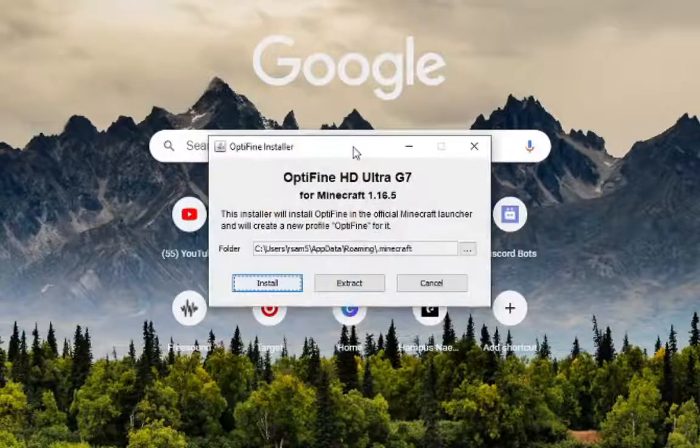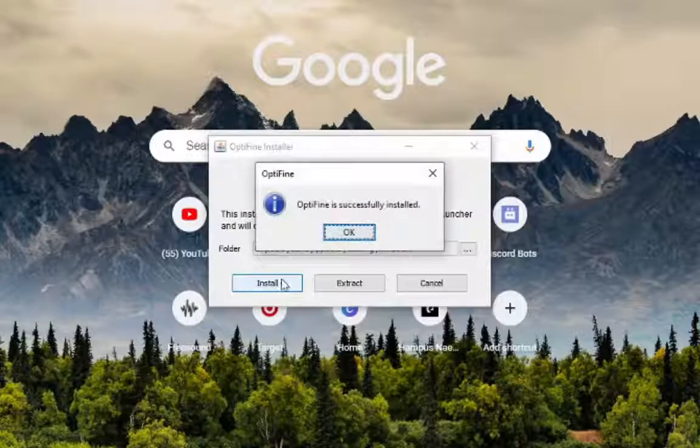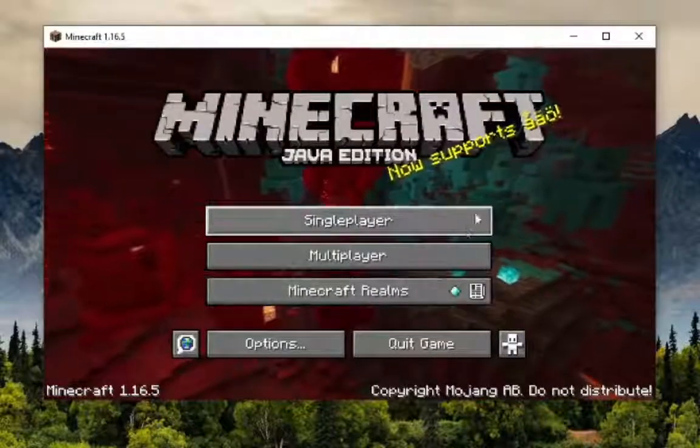When it opens up, you can see right here it says OptiFine HD Ultra G7. It may say G8. The U means Ultra. You may see G8 if you are doing the preview version, or let's say the preview version is already released. You're going to want to click install, and this will be able to install it. It should be able to install within a couple seconds. Yeah, see, here you go. It says OptiFine is successfully installed,